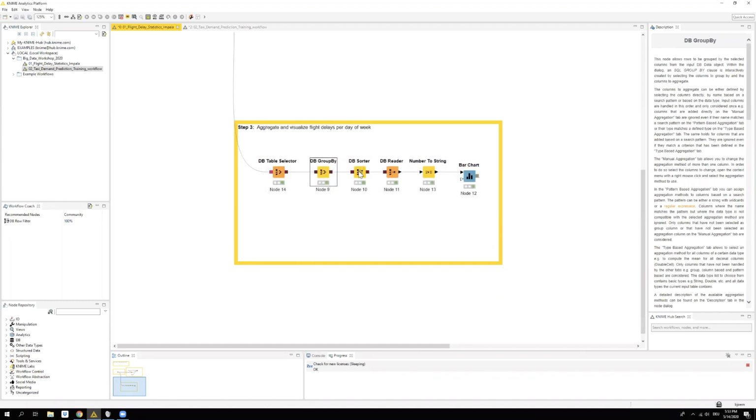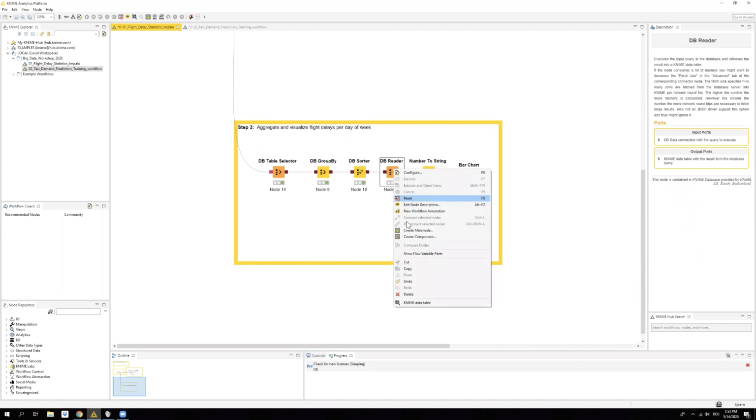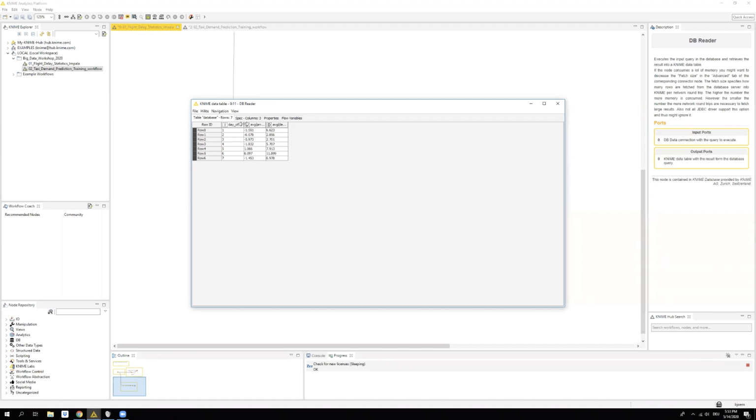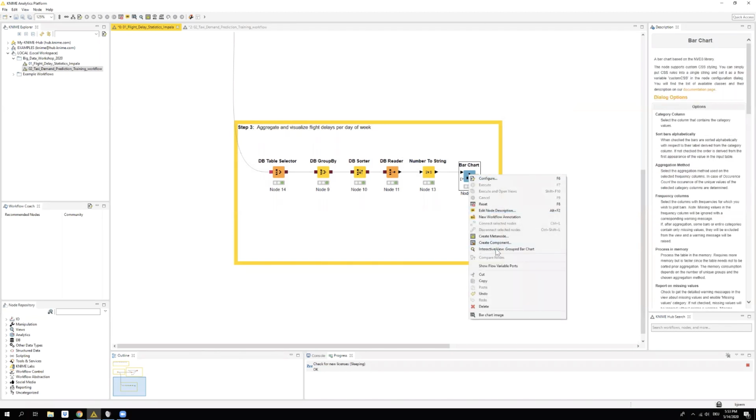Then we sort again by day of week. So we get a nice table that gives us the day of week and the average arrival and average departure delay on that particular day in minutes. And then with the standard Knime nodes, you can, of course, also visualize this.